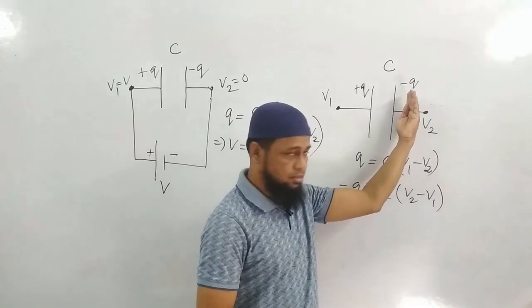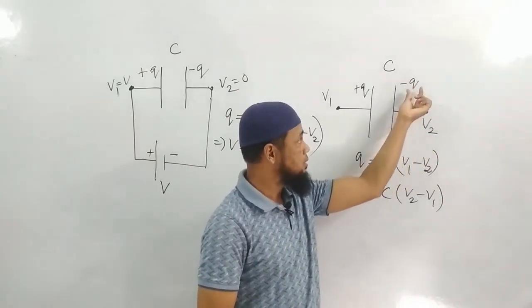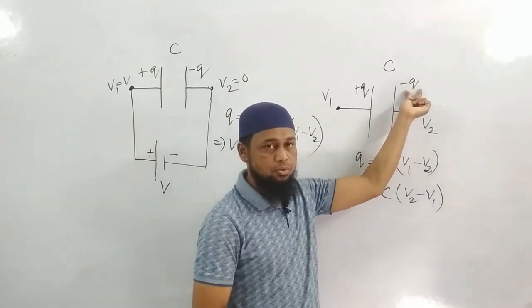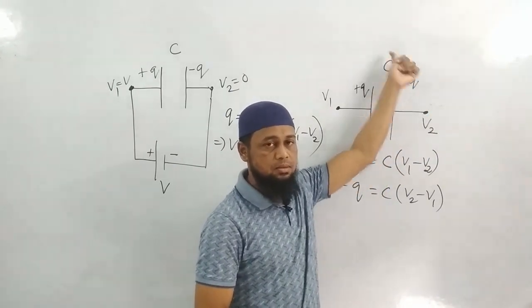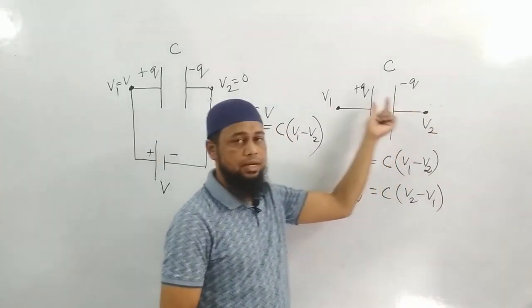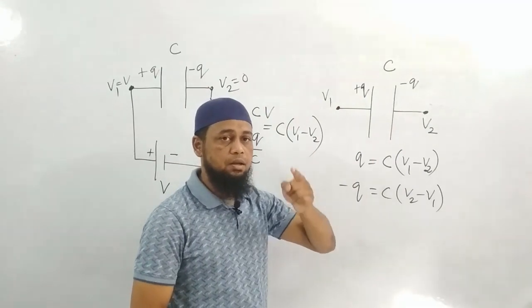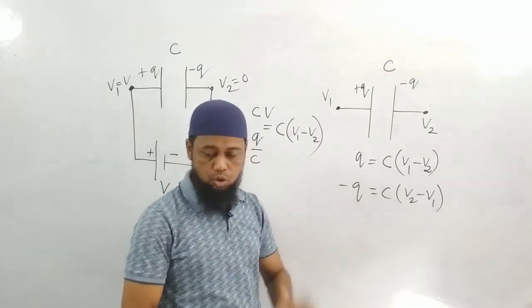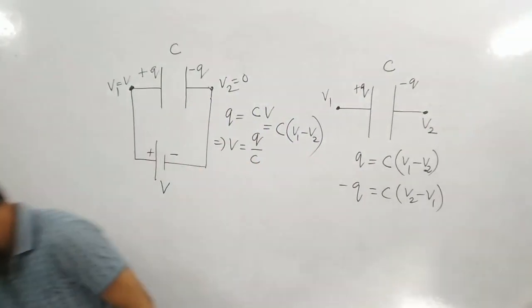If you are coming from that side, the charge is minus Q. So minus Q will become capacitance into V2 minus V1. Keep this particular point in mind, and the rest will all become very easy for you. Okay,